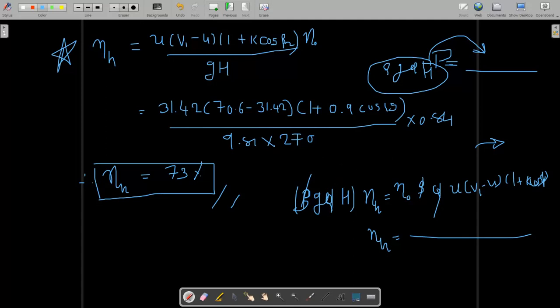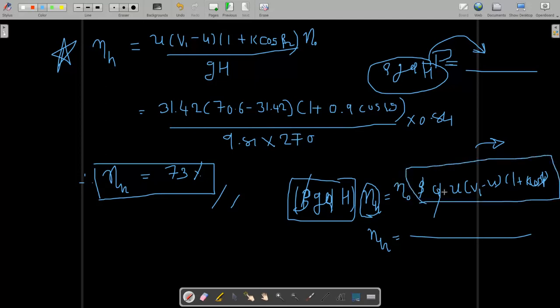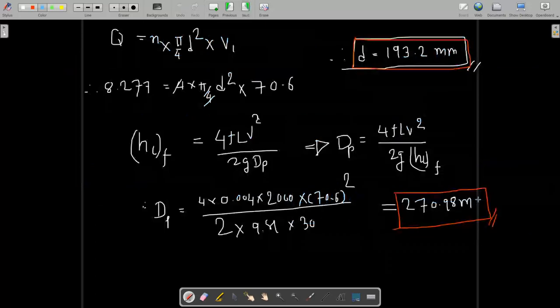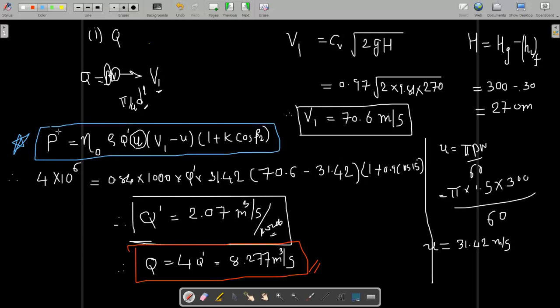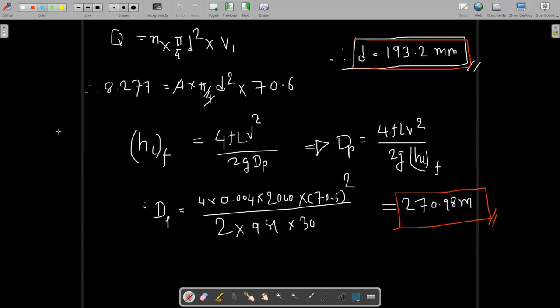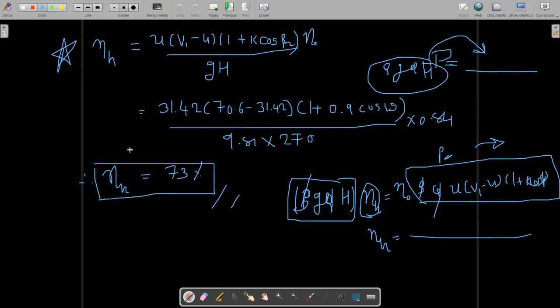Whatever energy comes with the water, that is rho g qh, and there are some losses in the nozzle as well as the runner. So this is associated with the hydraulic efficiency term, and the overall efficiency includes hydraulic as well as mechanical losses, and it gives the power output at the turbine shaft. It is given by the equation that I have written here. This equation will give you the power available at the turbine shaft output. So we have compared these two equations and found out the hydraulic efficiency.